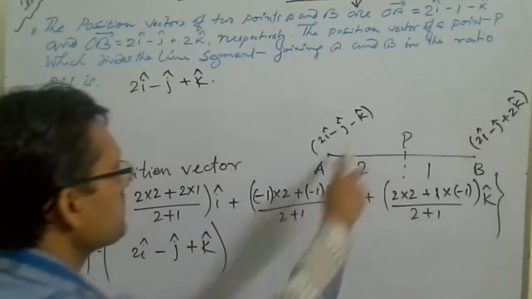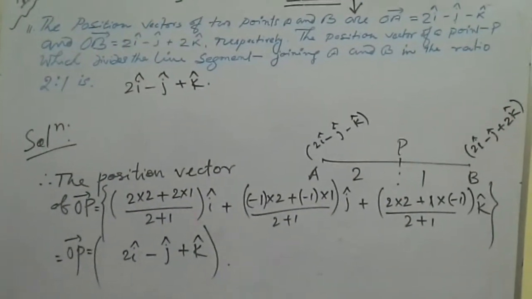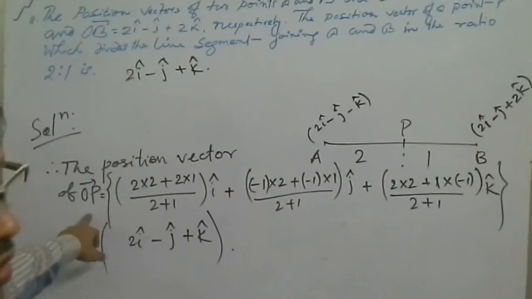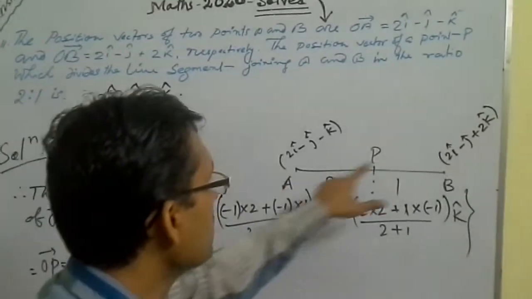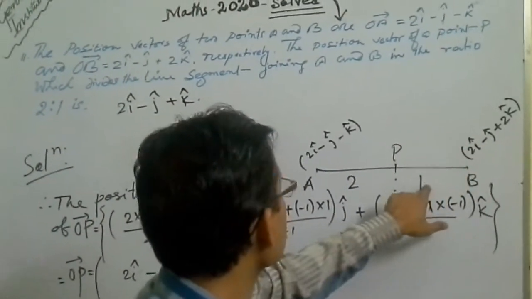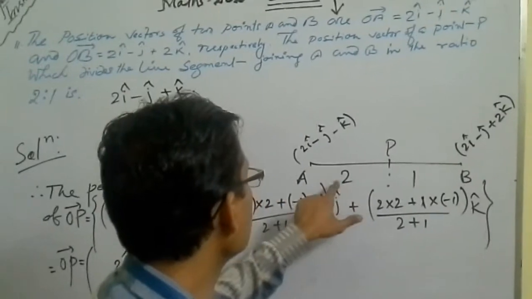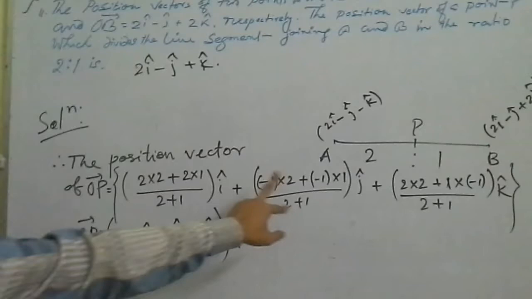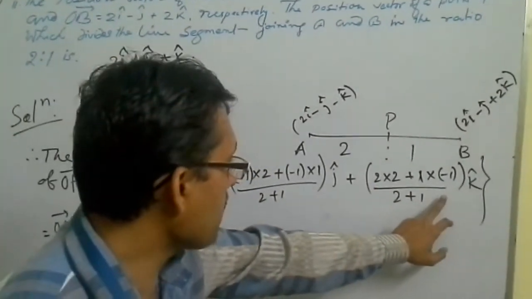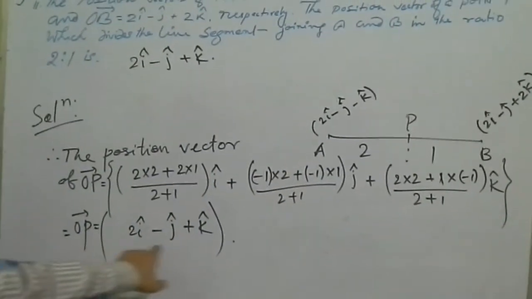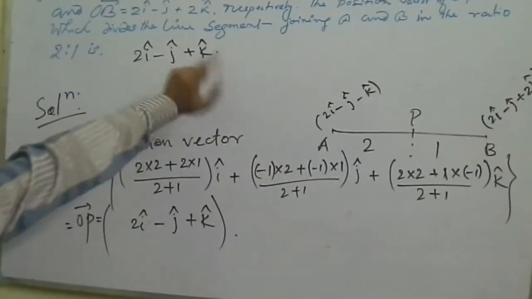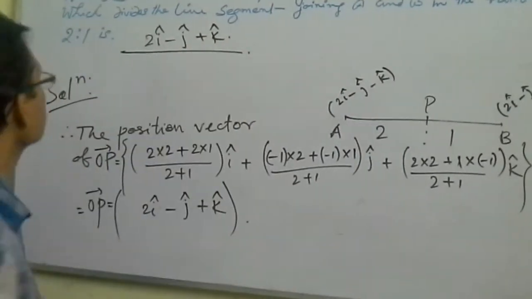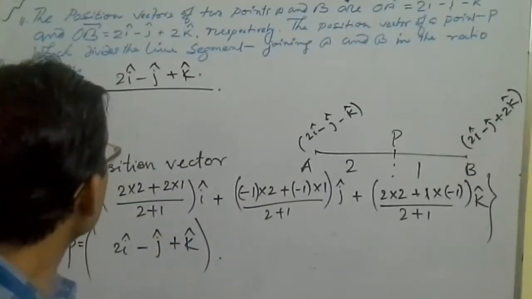So with the section formula concept, we can find out the position vector of OP with origin O, that will be this into this number plus this into this number divided by this plus this. This is the concept for i, and the same concept applies for the j part and also for the k part. Therefore, OP equals this, this is the final answer. So we should write this in the fill in the blank portion. Okay, so move on to question number 12.